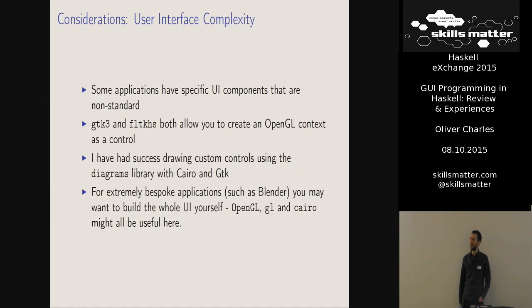Which lets me write some very idiomatic Haskell. And then I can render that using Cairo directly to GTK components. And I'm going to show you that in just a moment. And for an extremely bespoke application such as Blender and the kind of other 3D modeling software, you might just